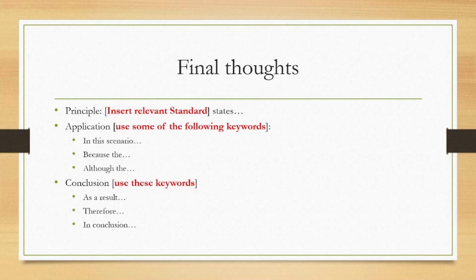Application: show your examiner that you are applying by using some of the following keywords. In this scenario, blah, blah, blah happened. Because the fair value was blah, blah, blah. Although the fair value was used to measure, you carry on. And as a conclusion, you can also say, as a result,